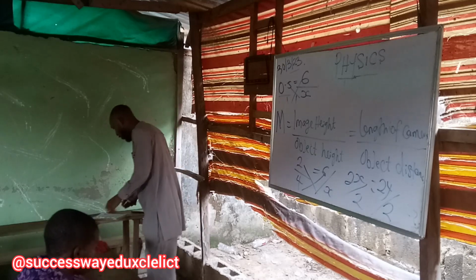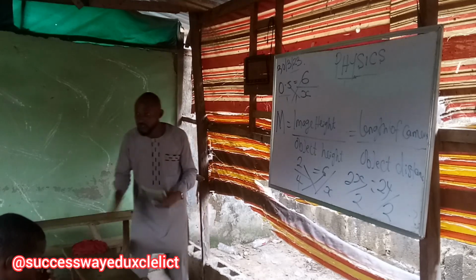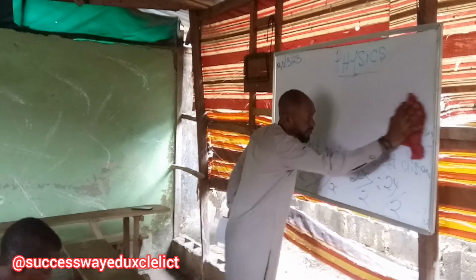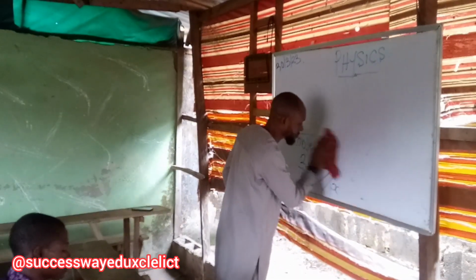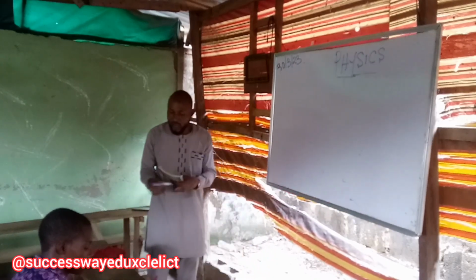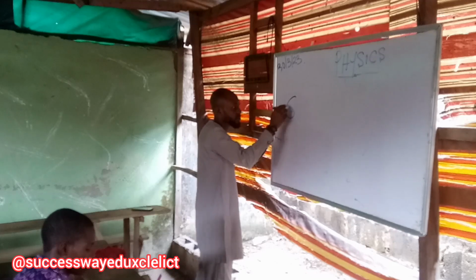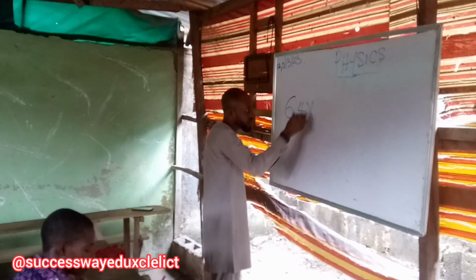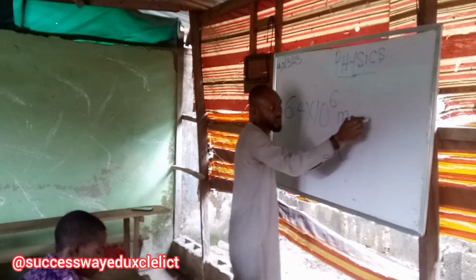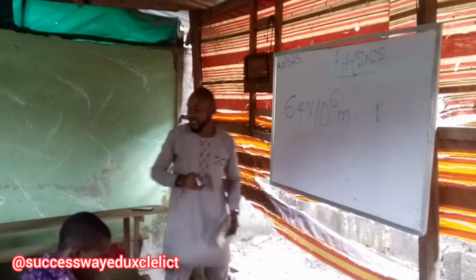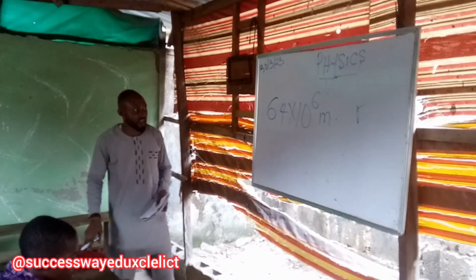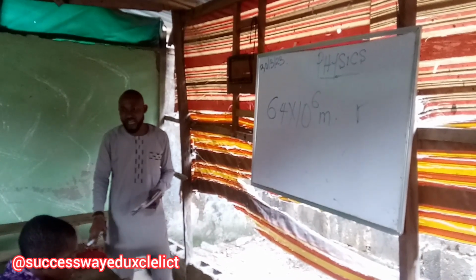If the radius of the Earth is 6.4 times 10 raised to power 6 meters, that is our radius, that is for small letter r there. If the radius of the Earth is 6.4 times 10 raised to power 6 meters,